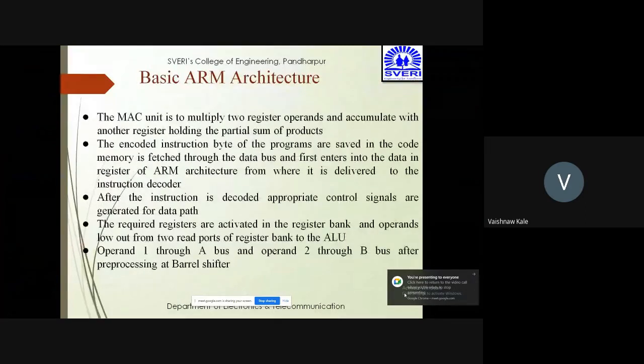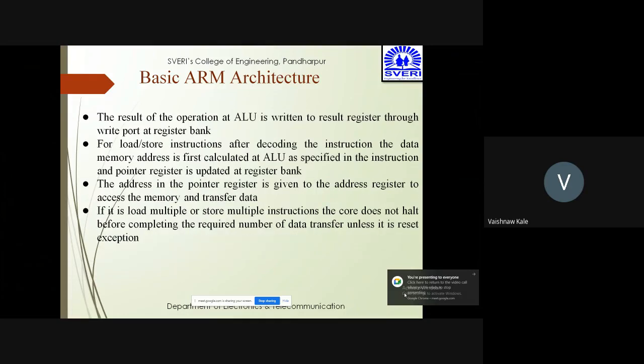After the instruction is decoded, appropriate control signals are generated by the data path, and the required registers are activated in the register bank and operands flow out from two read ports in the register bank to the ALU, operand 1 and operand 2. So operand 1 will go through the A bus and operand 2 will go through the B bus after pre-processing at the barrel shifter. The result of the operation at ALU is returned to the result register through the write port at